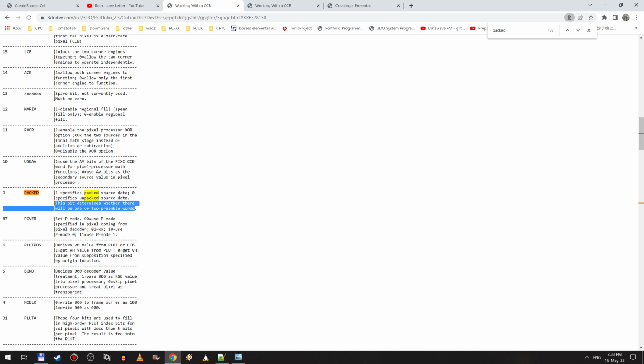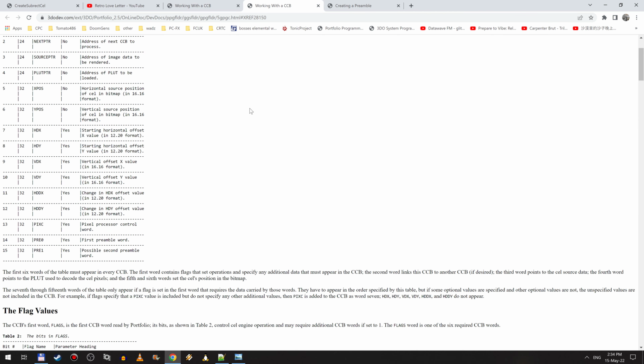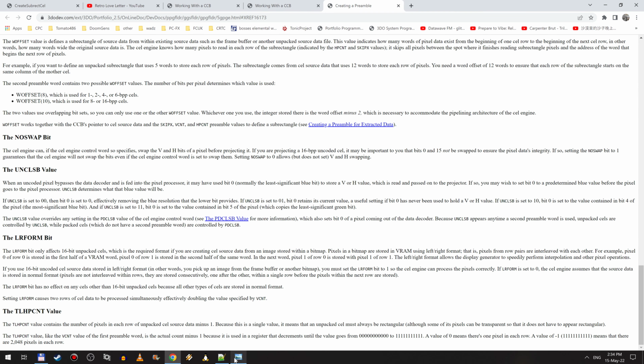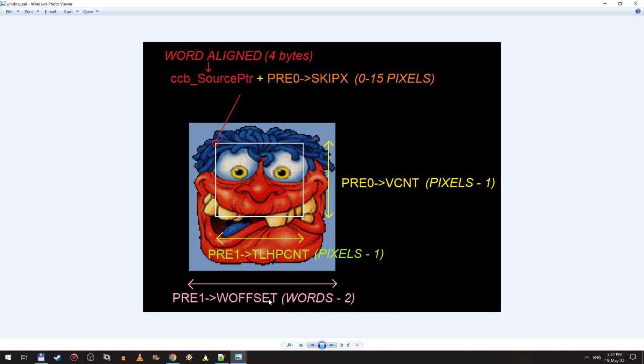It's not just that. It determines that your cell texture is of a packed, compressed format. But the thing is, if your bitmap is compressed, then W offset is pointless. That's in pre1, and